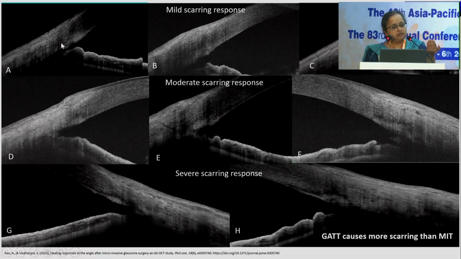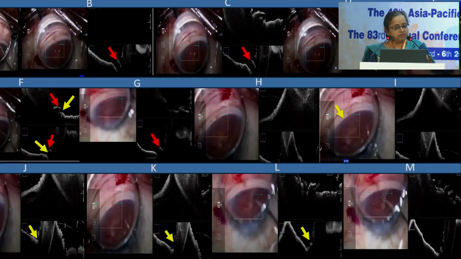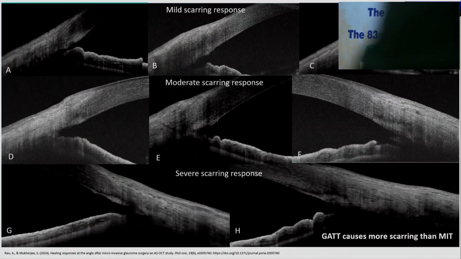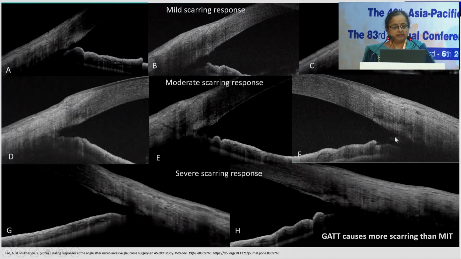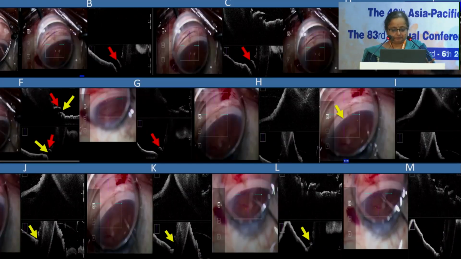So the question here is, where exactly does this fibroblast or healing response come from? If it is beneath the Schlemm's canal, it has to be from the sclera. So where exactly are the fibroblasts coming from? The other type of gutter is seen, and you can have mild, moderate or severe depending on how much is the hyperintensity. And in GAT, you can see this kind of trench pattern of scarring, wherein not only do you see subincisional scarring, but you can also see the trabecular meshwork leaflet, but the scarring response has gone beyond that. So you don't know what has happened here.